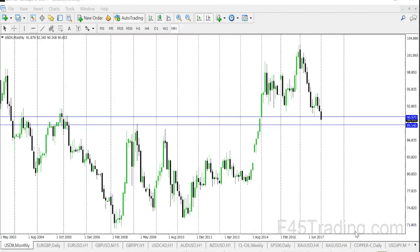Good evening, folks. It is Sunday, where I'm at right now, January 14th, and we are just going to do a quick market review for the upcoming week from the 15th of January to the 19th for the week trading. And we're going to first start off with the US dollar index, run through some pound dollar,